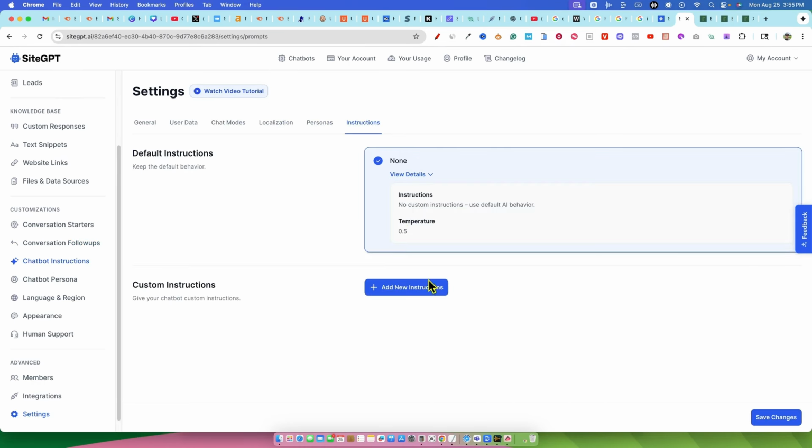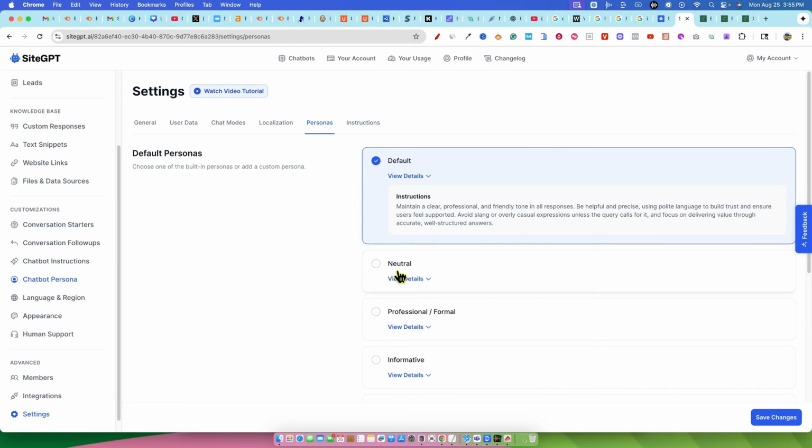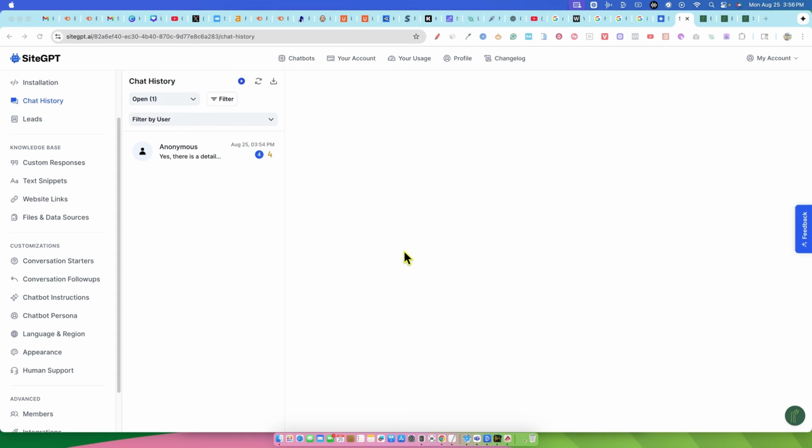You can choose how much information it gives and all kinds of granular settings that you can put in here as well. Language and region, chatbot persona: neutral, professional, informative, and default. This is what you would do if you install this on your site, right? Like, if you're getting millions of visitors on your site, you're going to have a full-time employee doing this anyways. But if you're getting 50,000 or less per month in traffic, you're probably going to be able to come